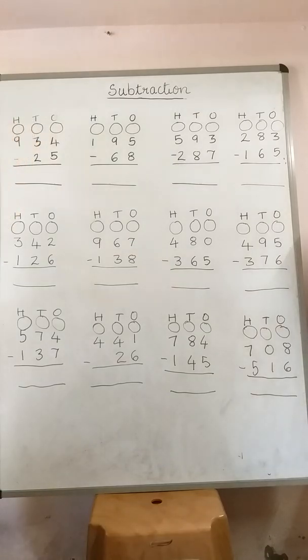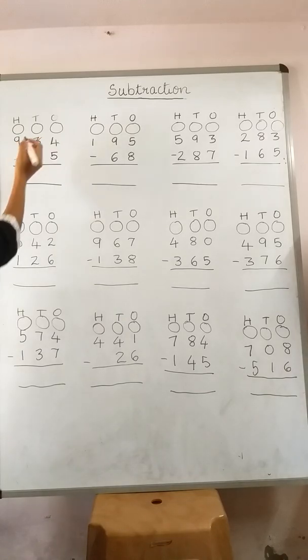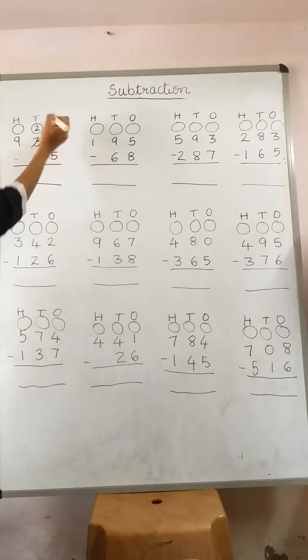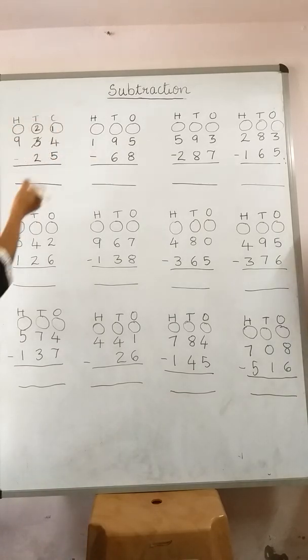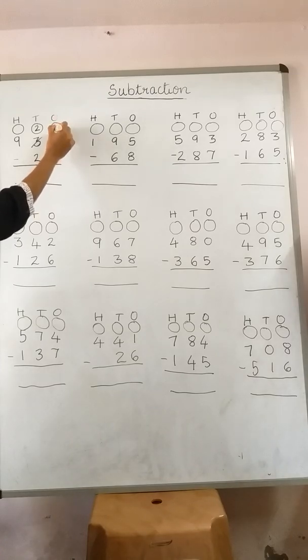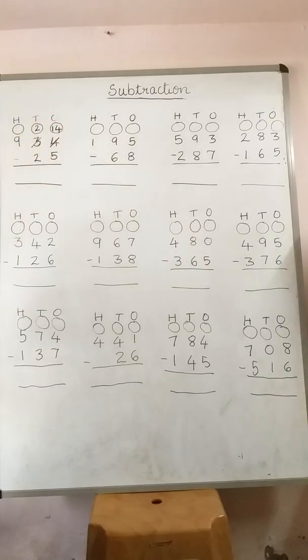So what is the place here? Next to ones, it is tens. So let's borrow. We need to strike 3 and write here, before the number 3, that is 2. And in the ones place write 1. Then you need to strike 4 and write in the circle. The number is 14 now. Now is it possible to take out 5 lines from 14? Yes, it's possible. So let's